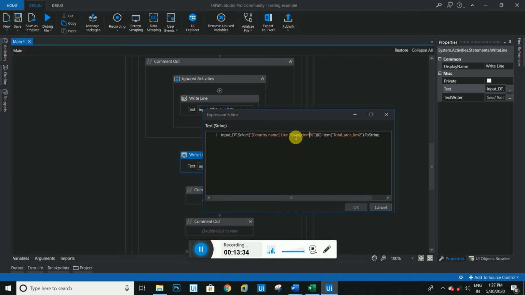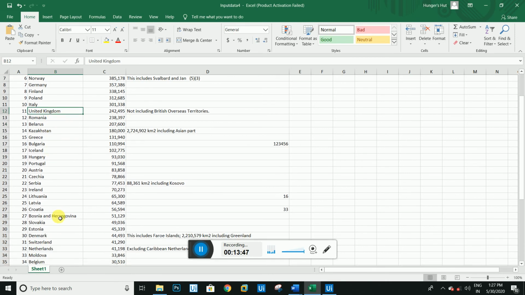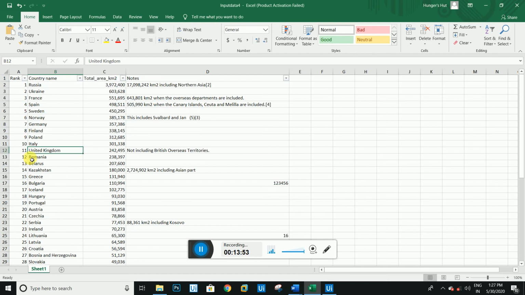So here we are finding like kingdom and item total area; we need the total area of the kingdom, whether it is United Kingdom or any other kingdom like Saudi Arabia, they will give the result. But here there is only one kingdom, so it will give the result like 2242 and this one.